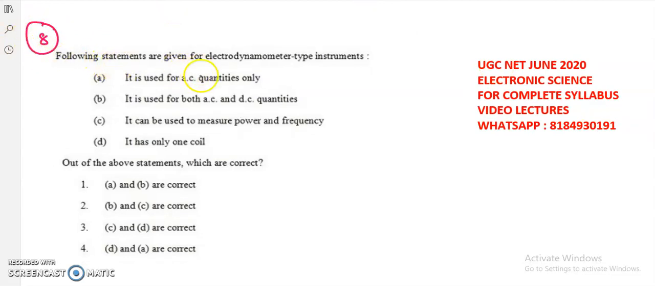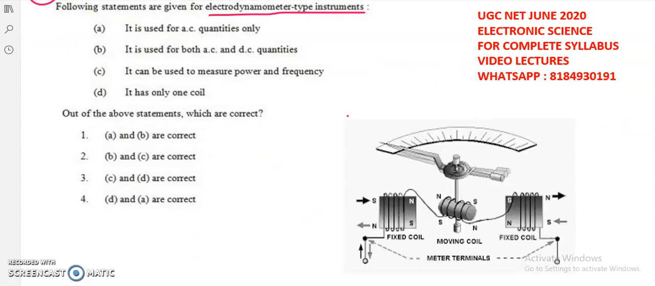So the following statements are given for the electrodynamometer type instruments. The electrodynamometer types of instruments are used to measure either only AC or DC, or to measure the power and frequency, or it has only one coil. Which of the given things are correct? So we have to identify here. So it is the internal structure of the